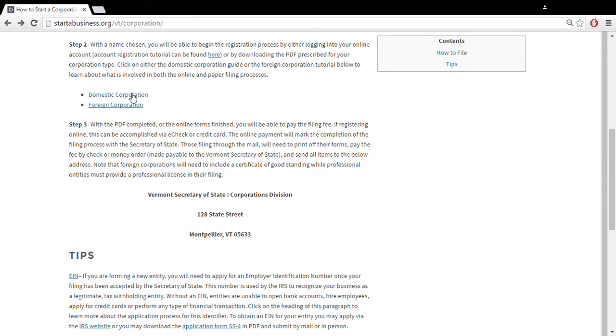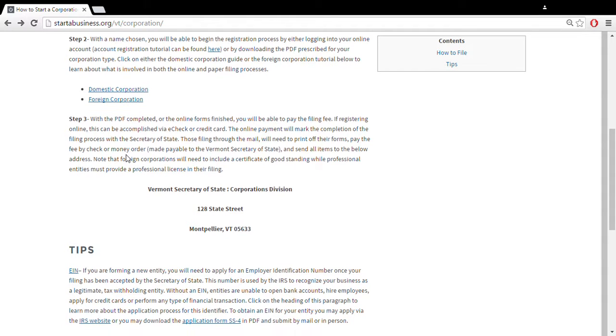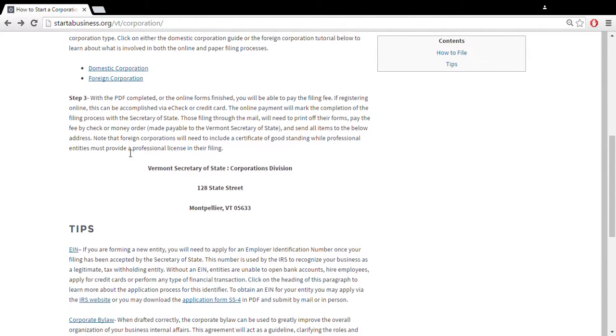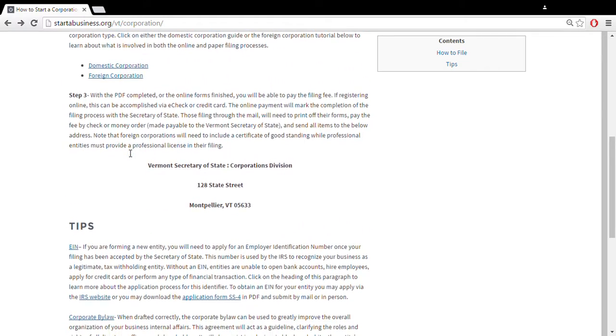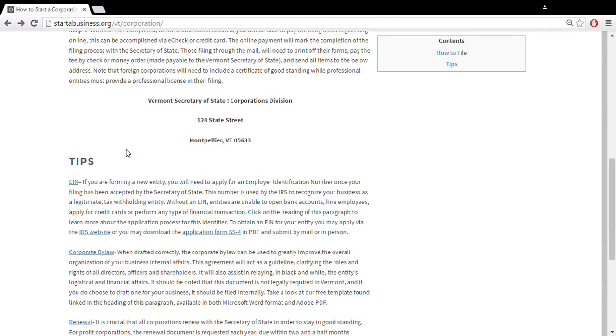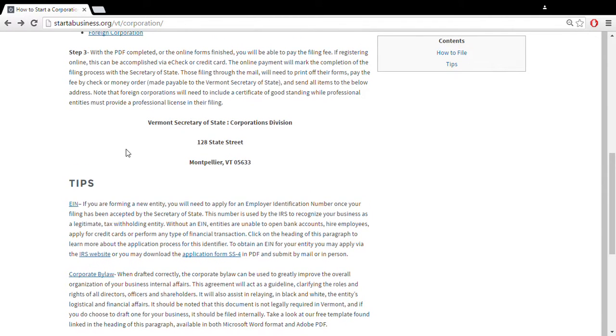So click on either domestic or foreign, whichever applies to you. Of course, domestic is a new business being formed within the state, while foreign is an out-of-state corporation that is filing with Vermont. Once the forms have been completed, you can say you're filing by PDF. You'll be able to print those off,